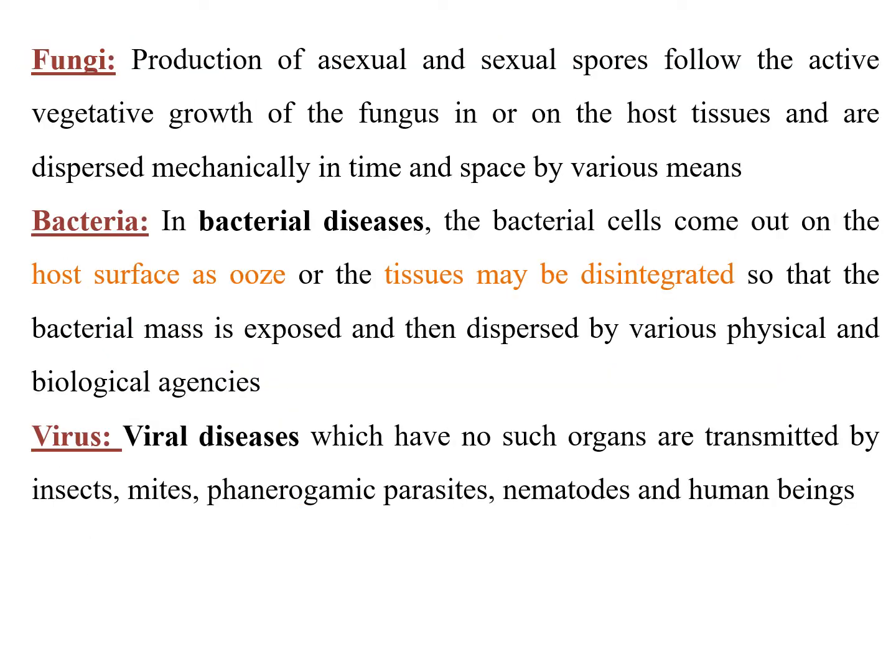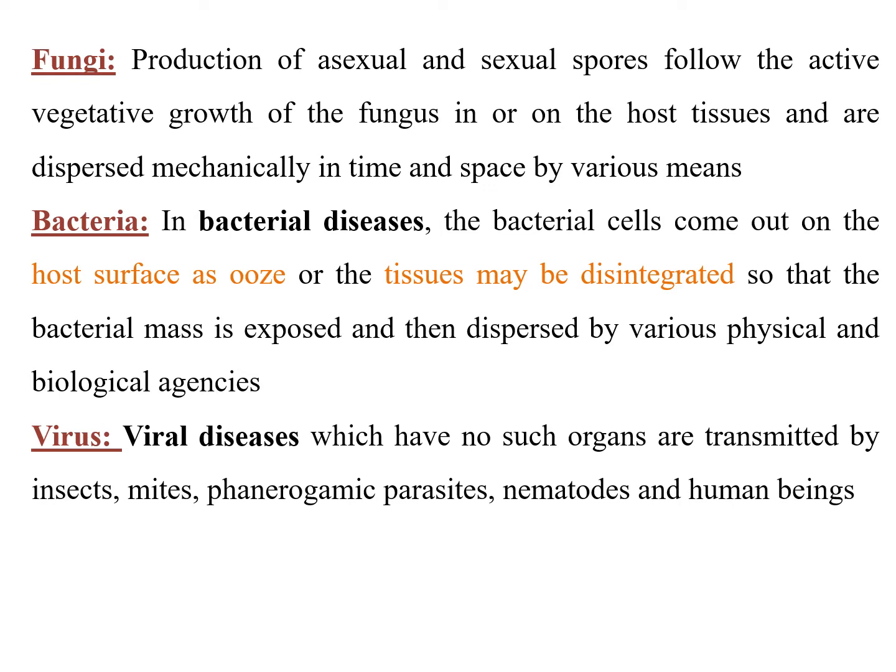Coming to the various organisms, how they disseminate. In case of fungi, fungi generally produce both asexual and sexual spores after an active vegetative growth, either within the host tissue or on the host tissue. They produce both asexual and sexual spores, and these spores are dispersed mechanically in time and space by